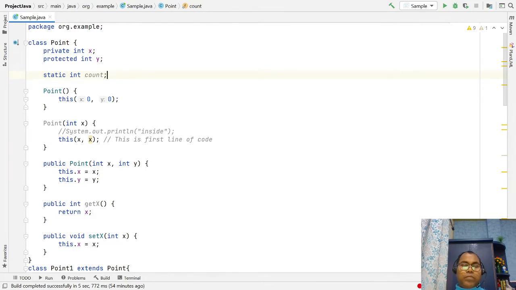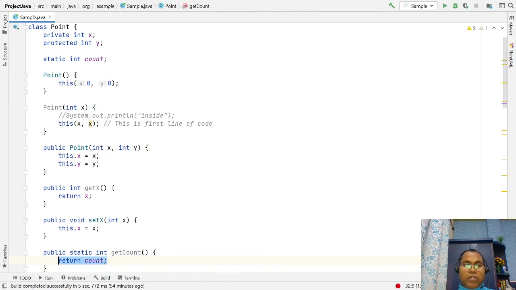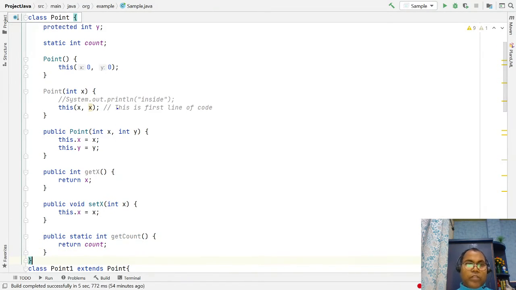This is your instance variable, this is your instance method. This is getCount, which is your static class method, and this is the instance method.